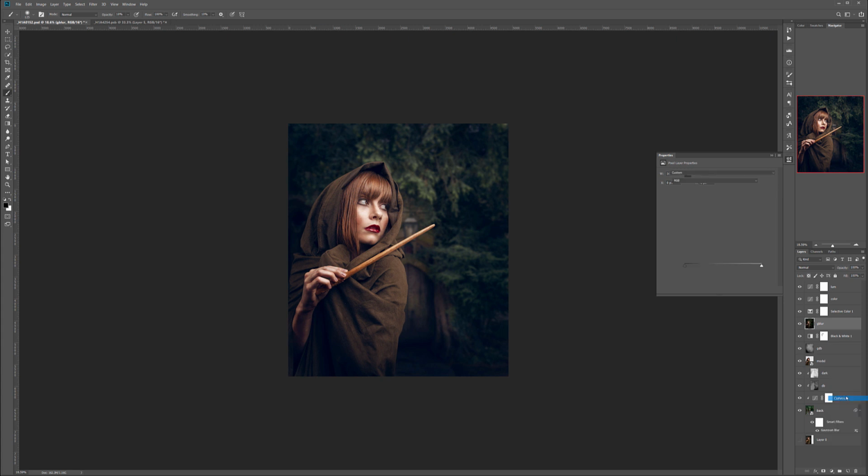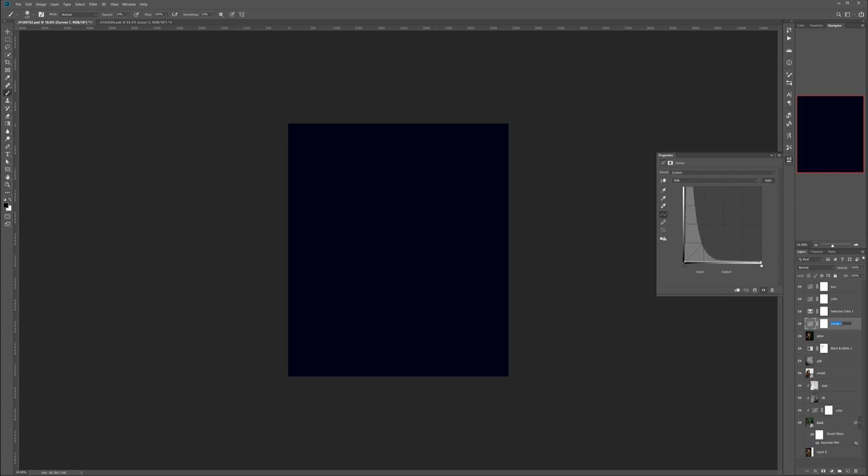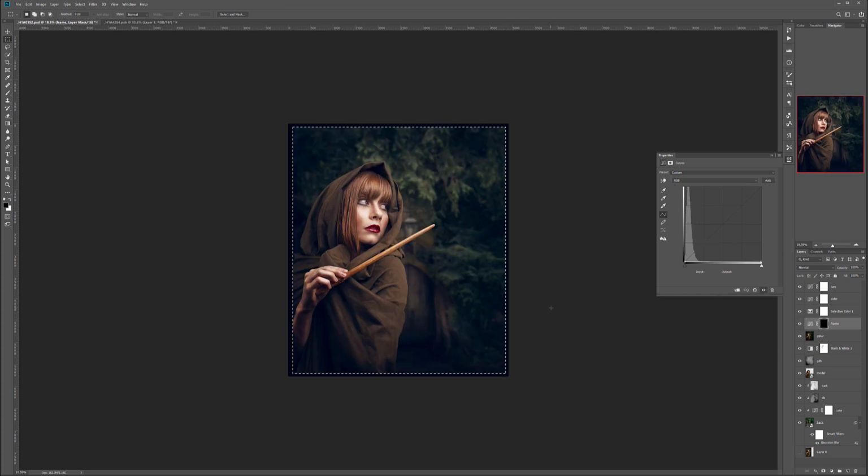We'll have a curve. We'll drop this curve down, and let's call it frame. That's what we're going to do, framing. So we'll have our select tool. We'll mark kind of a rectangle and selecting, fill up inside with the black, so we have this nice black border. Go to the masking and increase feathering,